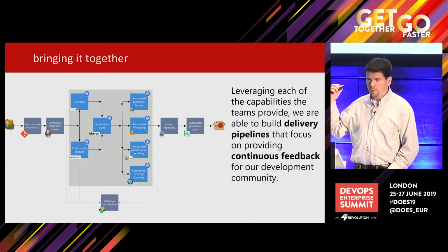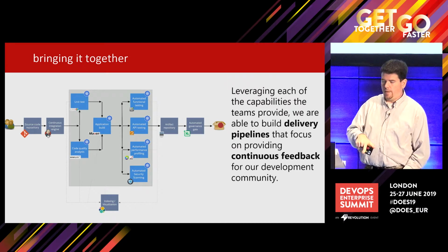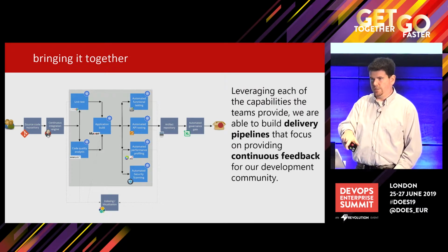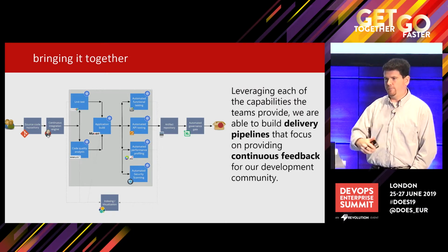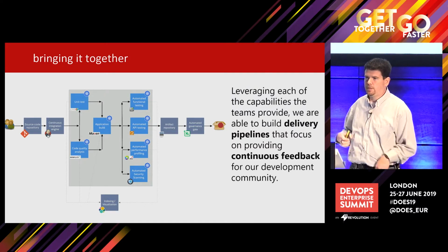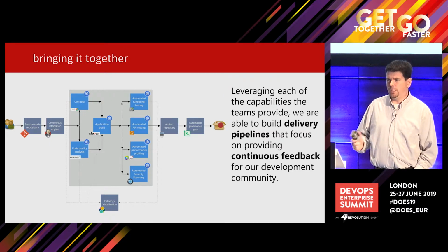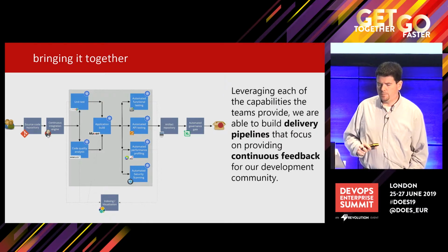Like I said, this is one of our more mature processes, one of our more mature teams, but we can turn any one of those pieces and parts off based on use case or how far along in the maturity process those teams are. As far as how we deal with some of the legacy applications, we're really taking